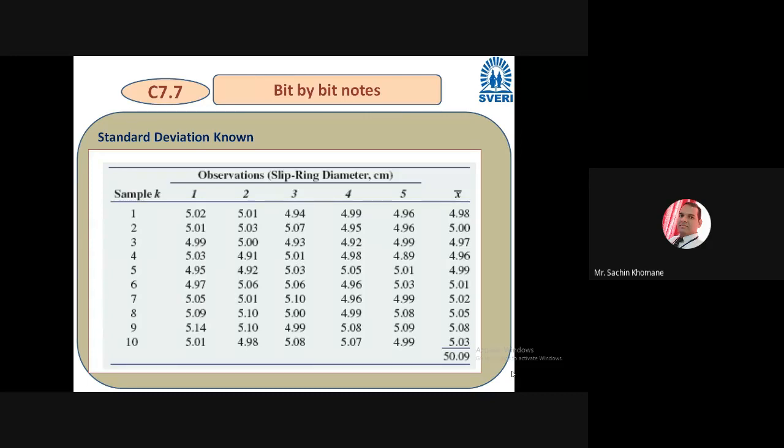So take half a minute because you should know all the steps. So in industry, definitely you have to do this task for various products. So I have given the slip ring diameter. Okay. So you people have to write the readings. Only 10 readings and 5 samples, lots you can say you have taken. So write it fast. And then you have to calculate the X bar. You can say mean. Okay. Arithmetic mean.